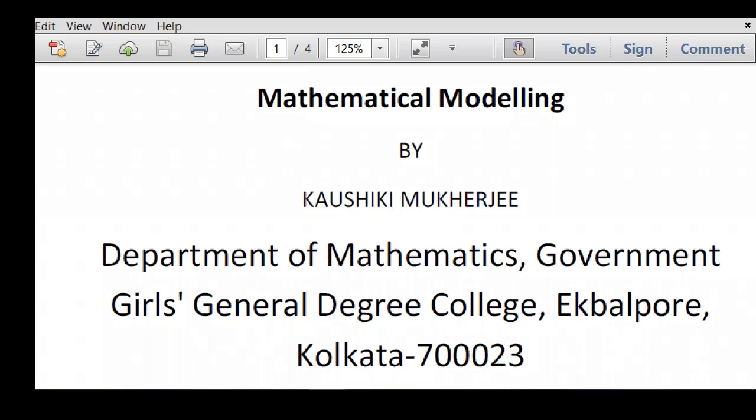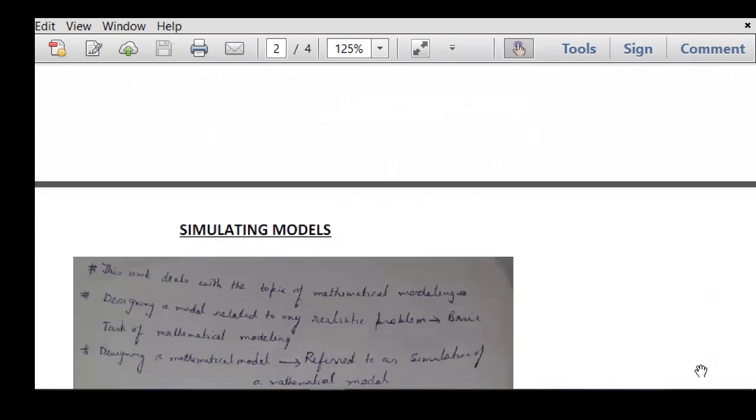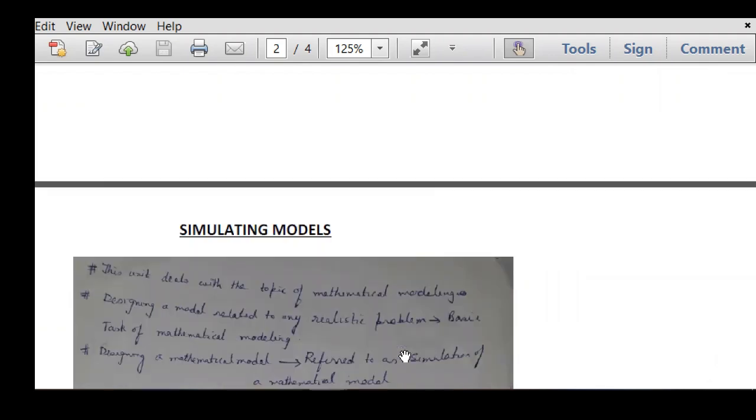So today we are going to start with a very short introduction of the Monte Carlo simulation procedure. It is actually a part of the mathematical modeling part of your syllabus, that is mainly the unit 2 part of your syllabus. Okay, so mathematical modeling, but actually what we mean by it is, suppose any realistic problem is there, and we